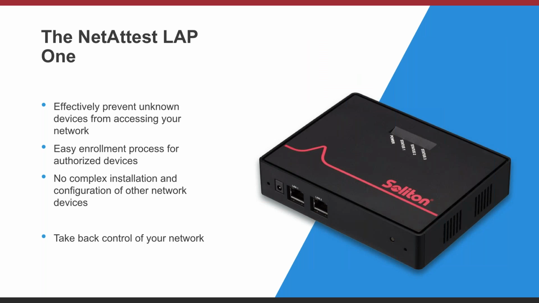So the Lab 1 may not be for everyone. There may be a very good reason why you implement a network access control solution, especially in very big networks. But oftentimes, even if you do have a NAC implementation in your company, you may have branch offices, satellite offices, or perhaps small offices or organizations where you have some responsibility for a network. And it may be easier to implement a Lab 1 than to try and extend the network access control to